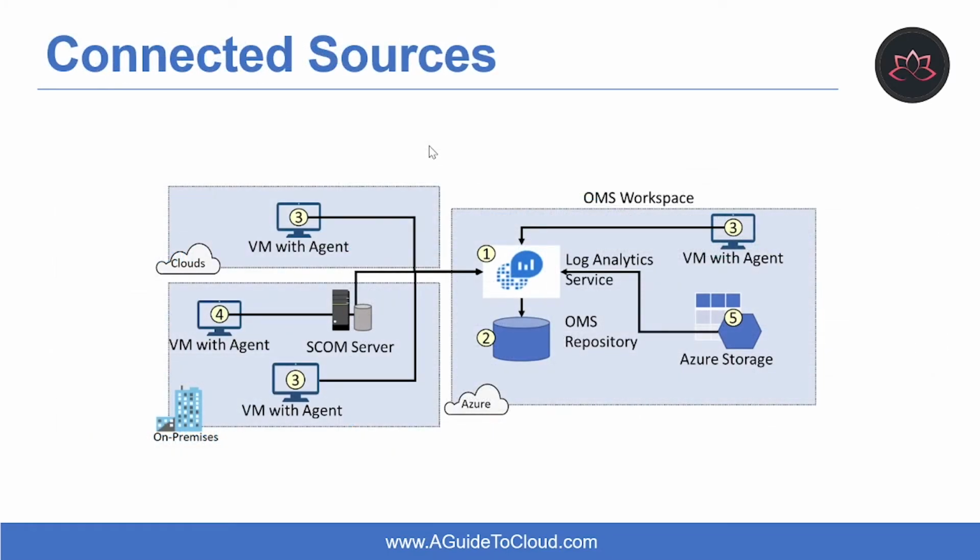Let's understand connected sources. The Log Analytics agent was developed for comprehensive management across virtual machines in any cloud, on-premises machines, and those monitored by System Center Operations Manager. The Windows and Linux agents send collected data from different sources to your Log Analytics workspace in Azure Monitor, as well as any unique logs or metrics as defined in the monitoring solution. The Log Analytics agent also supports insights and other services in Azure Monitor, such as Azure Monitor for VMs, Azure Security Center, and Azure Automation.